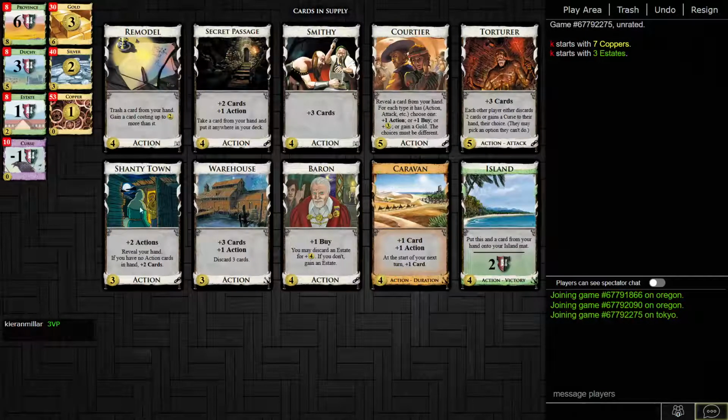But, man, Shanty Town with Torturer, this is a much, much worse engine, right? Because it's Shanty Town instead of a drawing village. Oh, there is Caravan to draw. There is Smithy. Secret Passage is another alternative. It's not quite sifting like Warehouse, but it's something else that can give you a bit of reliability. This is tricky to know how to play this one, actually. I think we have to Torturer because curses are just so horrible on this board. So we really want to be playing multiple Torturers, so we have to go for the crappy engine. You can go...